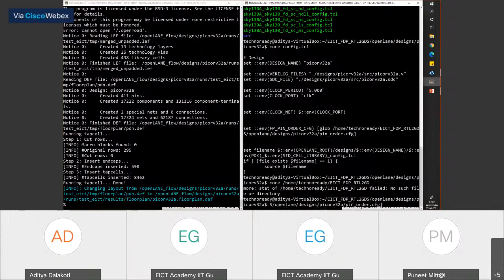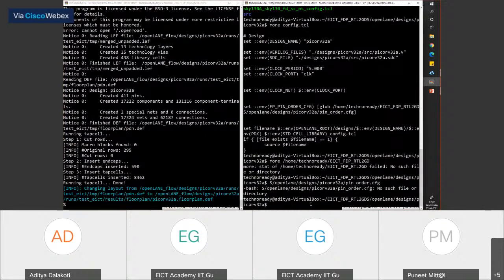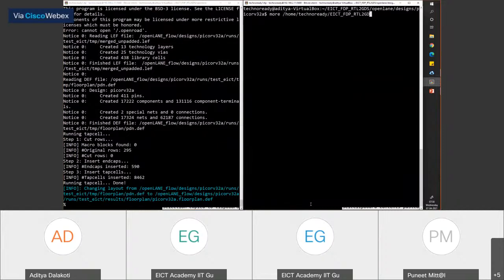And if you do not see a directory over there, or you are not able to see a config file, it means you did not specify the path correctly.